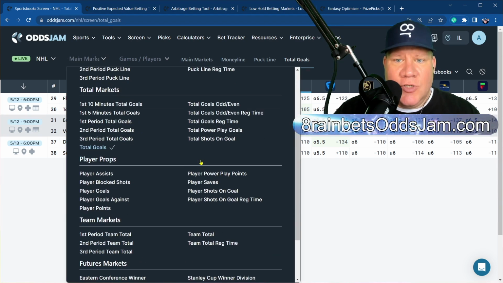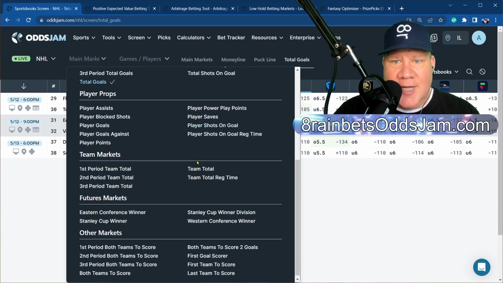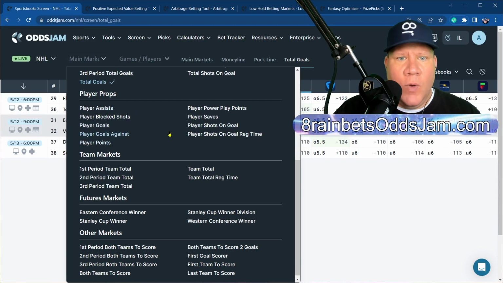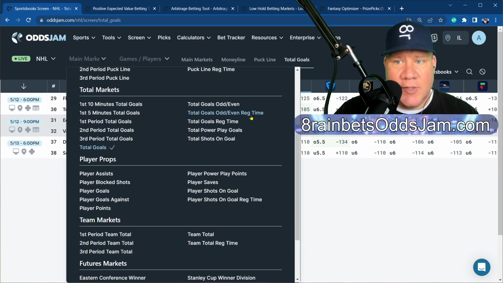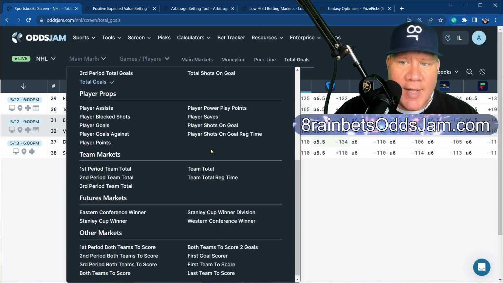So in addition to the totals, then you get into some other kinds of bets in hockey that are like player props. So this is where we're betting what is an individual doing in that game. Are they going to score a goal? Are they going to have goals scored against them? That could be a goalie statistic. You see blocked shots for goalies. You can see shots on goal. You can limit it to regular time, or you can also add overtime. That'll also be true in some of the totals. So you see the regular time there as a market.